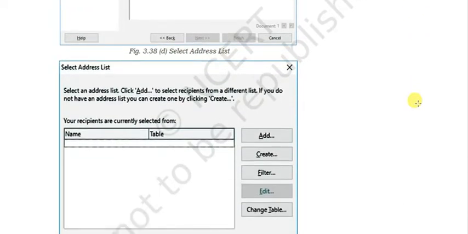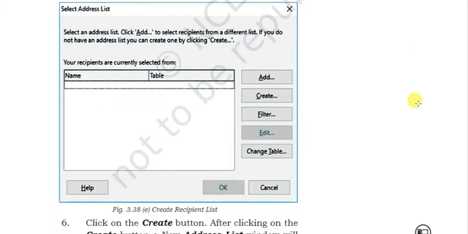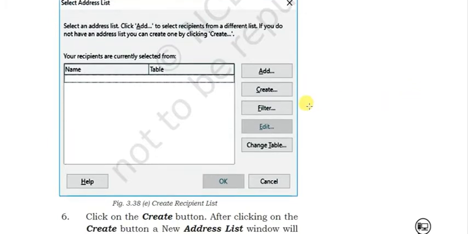Select an address list, then you will click Add to select recipients from a different list. If you have not created a list, then you will click on the Create button.